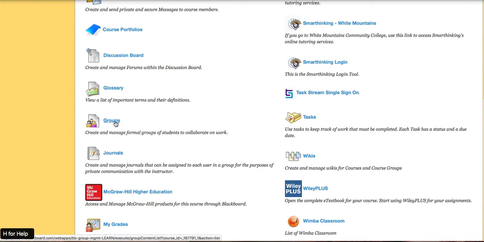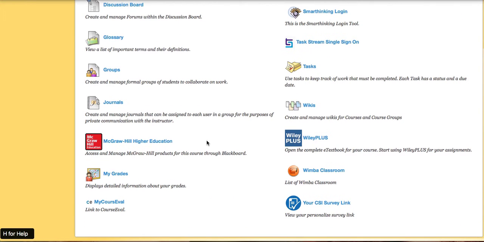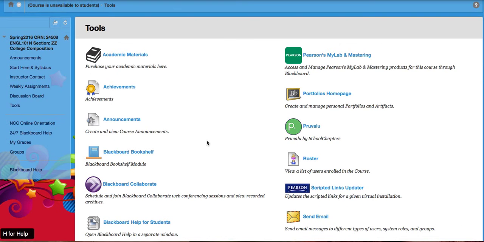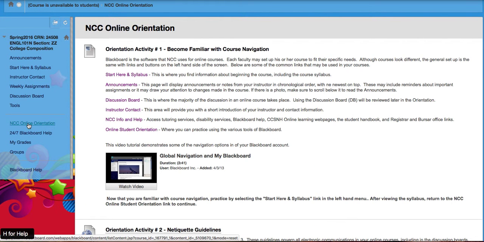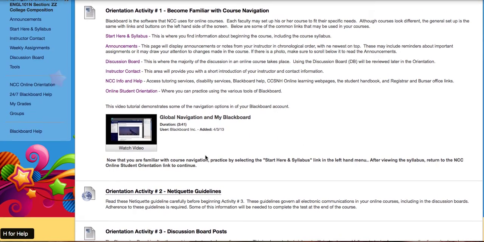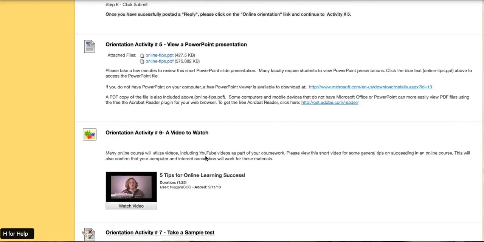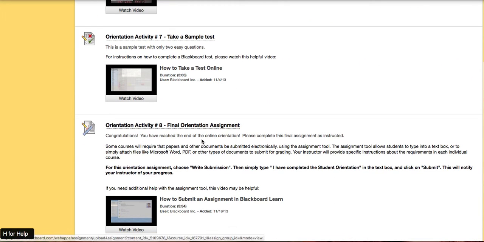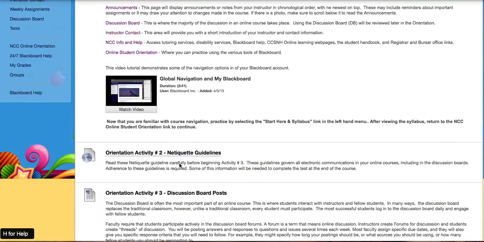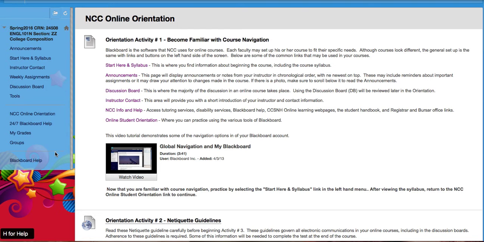And there's a few other things. You can get to the groups here. You can get to journals here. Most of the time I create links in our weekly folders, but just in case you wanted to come look for it separately, everything is also available here. The online orientation activities that I've mentioned from the weekly folder, those are available in here all the time. So if you are struggling with a particular item, maybe uploading your assignment, you can always scroll down here, go to this one, and it teaches you how to upload an assignment, and you can watch that little video right here